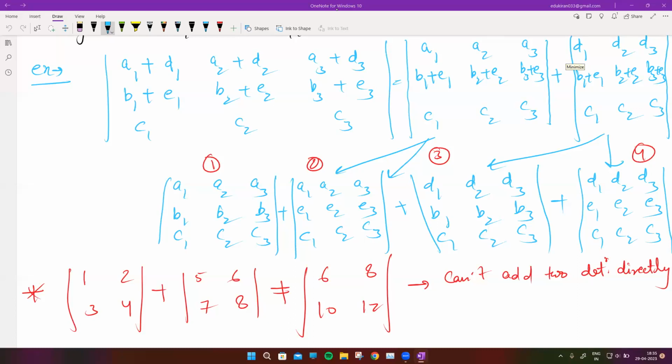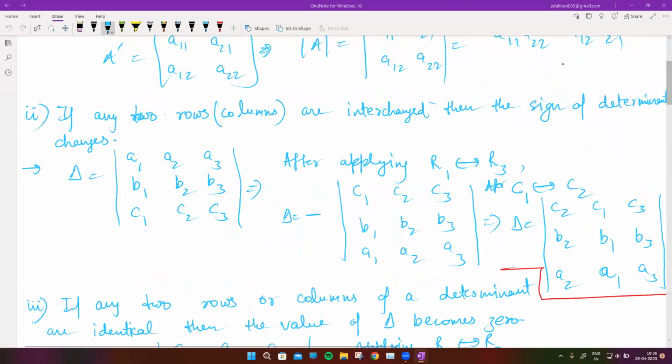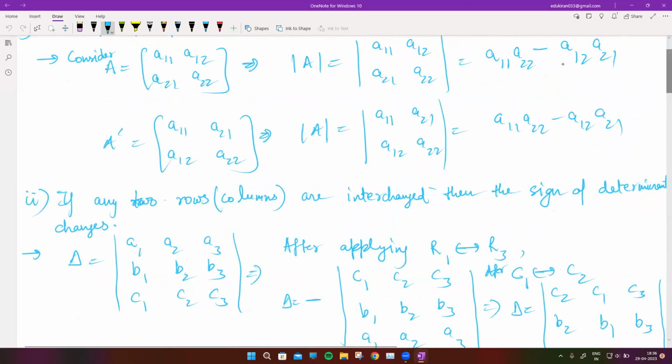So we have been done, I think, with 5 properties of determinants. Let's just first of all revise all of these properties. We had, so first property was